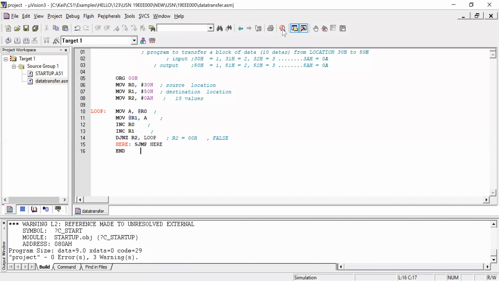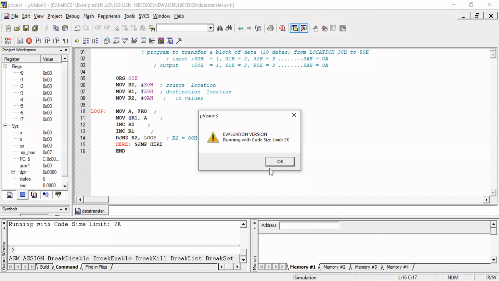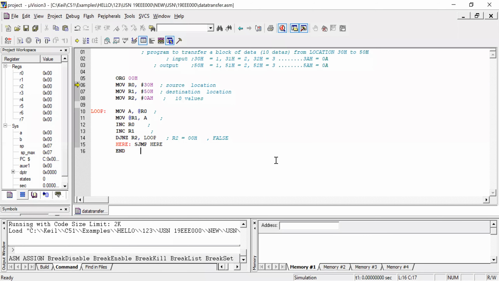So click on that, click OK. Okay, all right. See, in the debug section, here in the left corner you can see the run button. If you click on that, the program is executed. Just like inside the hardware, how the hardware performs, you can see here in simulation itself: based on the input, you can get the output.